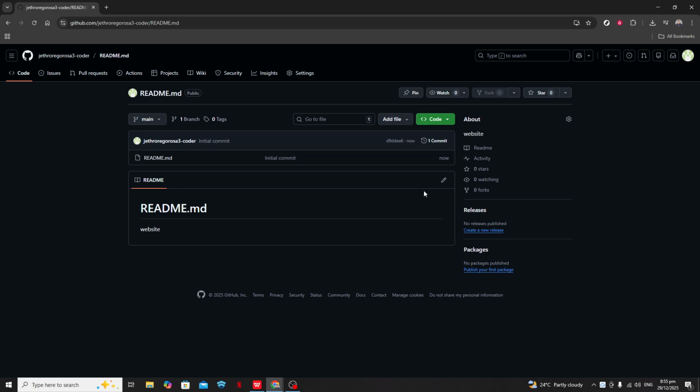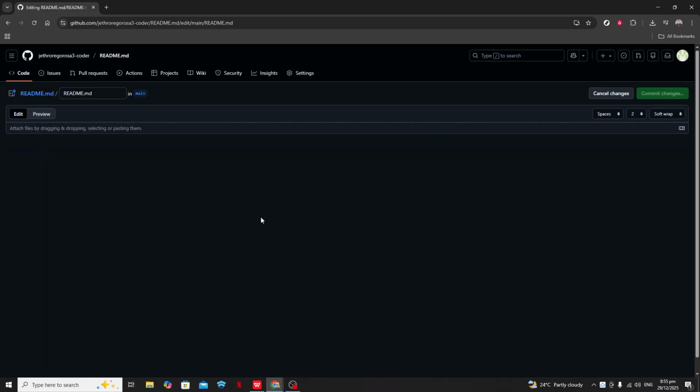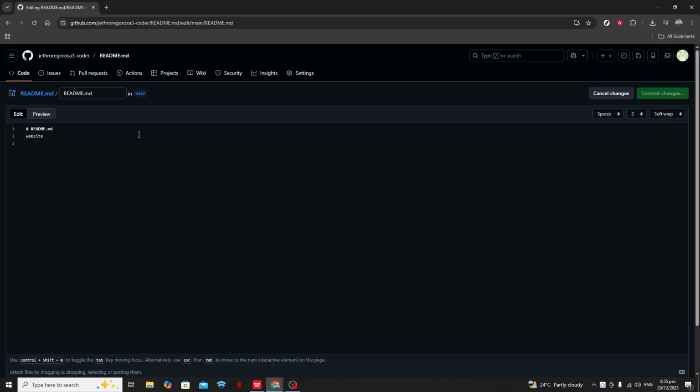Now, let's talk about what you should include in your README. While there are no strict rules, it's a good idea to provide a clear title, a short description of your project, instructions on how to install and use the software, and if applicable, guidelines for contributing. Don't forget to add any relevant links to documentation or licensing information. Try to think about the journey of someone new stumbling upon your project. What would they need to know first?